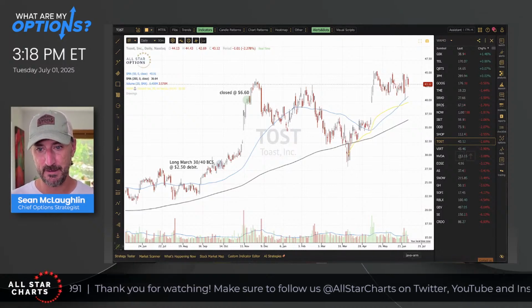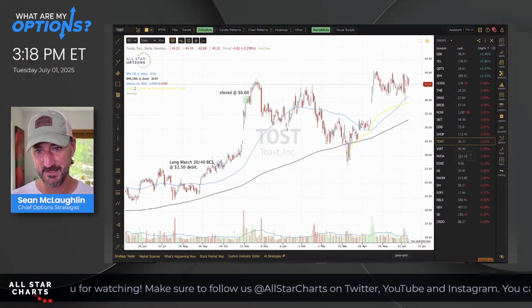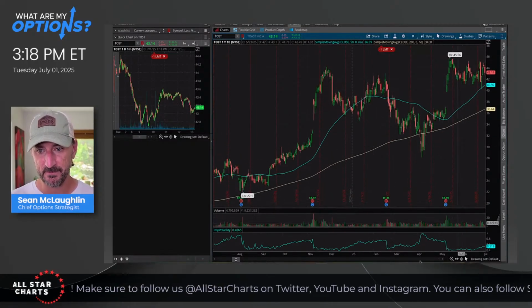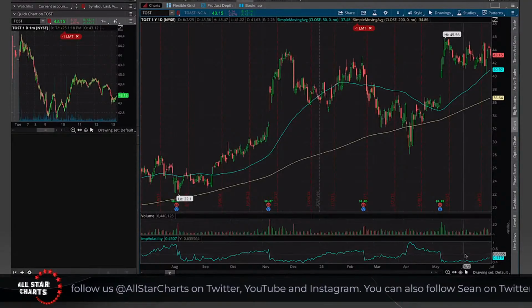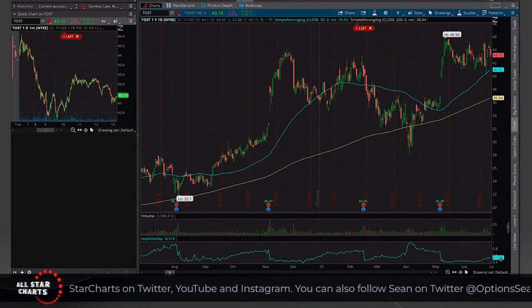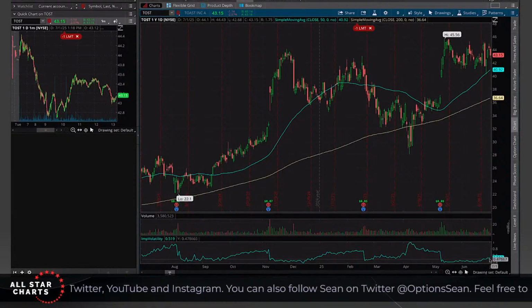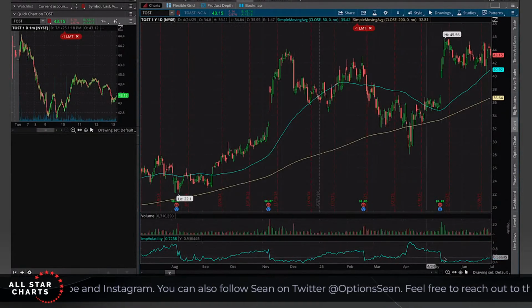So I'm going to go back to my platform again. I hate to keep flipping back and forth with you guys, but I need to, because one of the key things I pay attention to when I'm thinking about putting a trade on is the bottom of my chart here. This is the implied volatility chart for Toast options. I don't care about what this number is, 0.519. That number is not important. What's important to me is where are we now compared to where we've been over the past year.